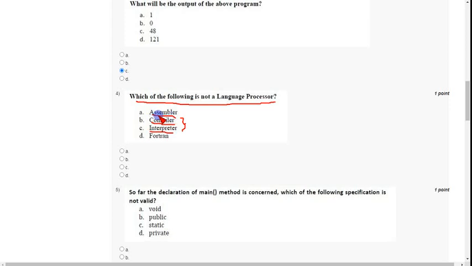Assembler, we use this to convert assembly language into machine language. And the last one is Fortran. Fortran is a language but not a language processor, so mark option D as the correct answer for the fourth question, that is Fortran.